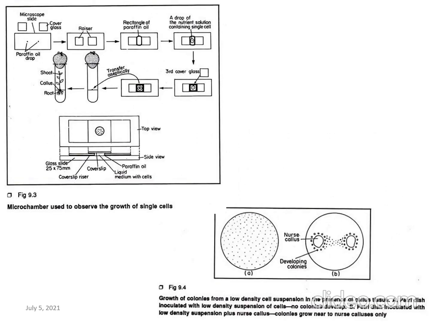The third type of culture also exists, in which we generally culture them on a slide. A specialized kind of micro chamber is used, in which we can add the liquid media within both the chambers, and we can add the single cells into the chamber. This slide is generally incubated, and we can observe it every day under the microscope for the growth of single cells or single cell clones. Further, these single cell clones can be cultured on a nutrient media bottle to convert them into the whole plant. So this is called the micro chamber technique of growing single cells.